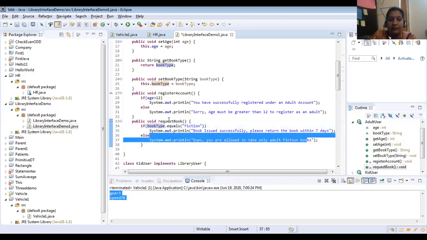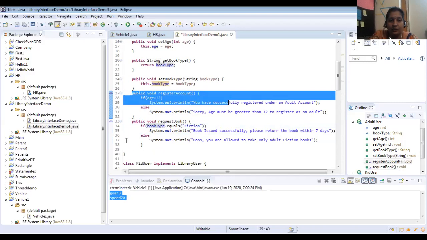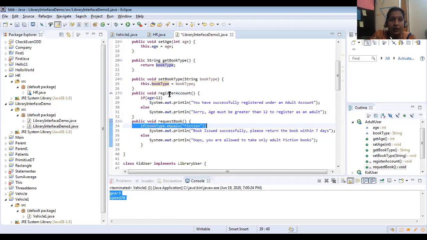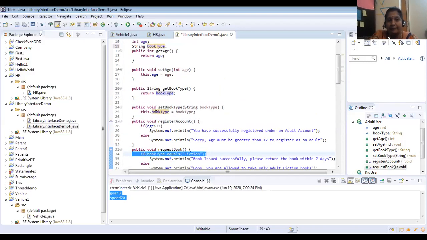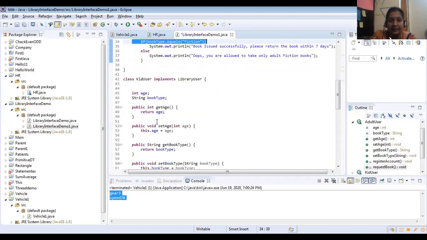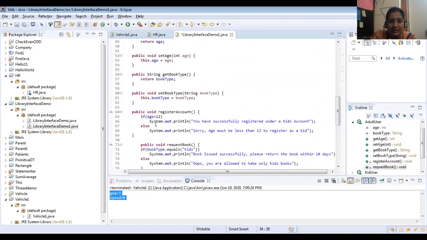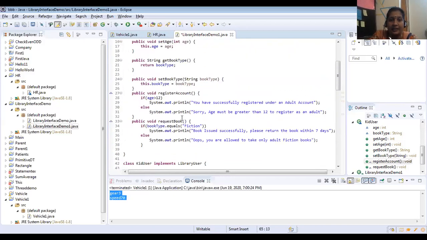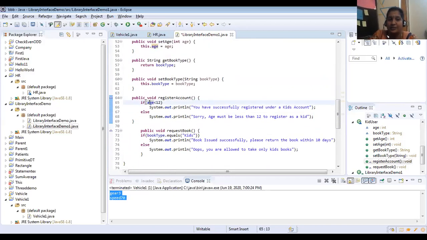Okay. So now if you see here, in these two methods I have implemented in my own class, request. Okay. If you see here, same, everything is the same. If you see this method, instead of age greater than 12, same implementation I didn't give. Instead of age greater than 12, I have changed it into age less than 12.